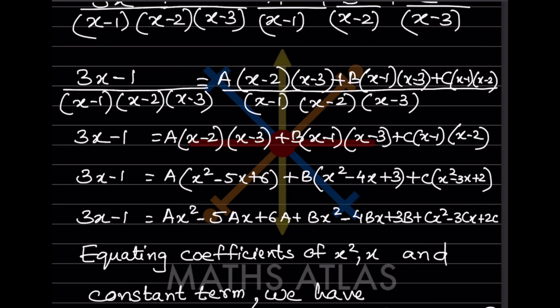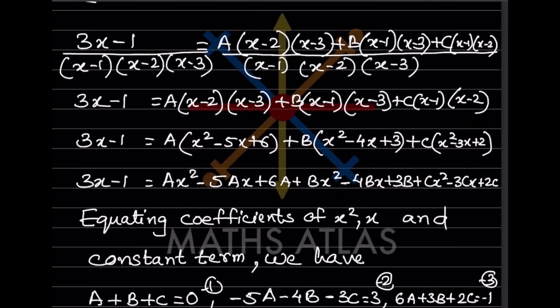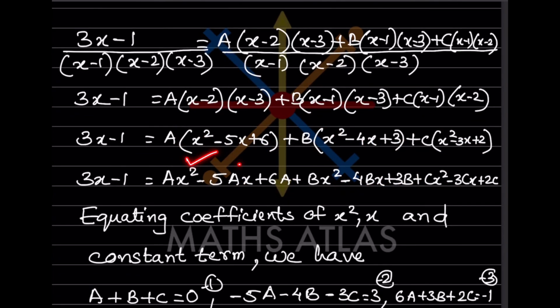So now what are you going to do? Again, after writing this, you will expand this. So you get this part. So here, when you do this part, you get this one. So now we have here x square, x, and the constant one. So what will you write? Equating coefficients of x square, x, and constant term, we have